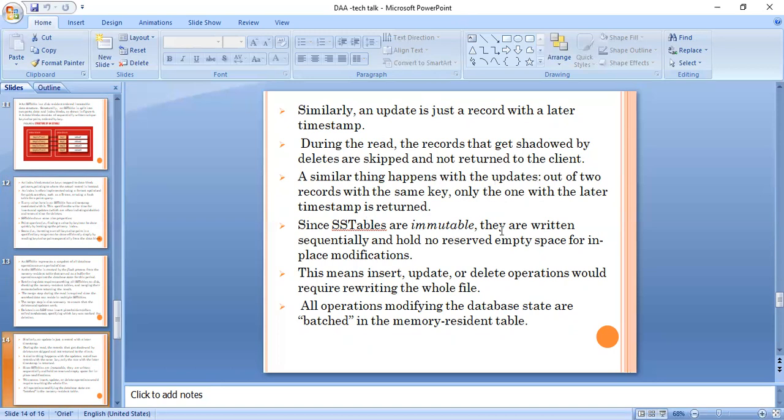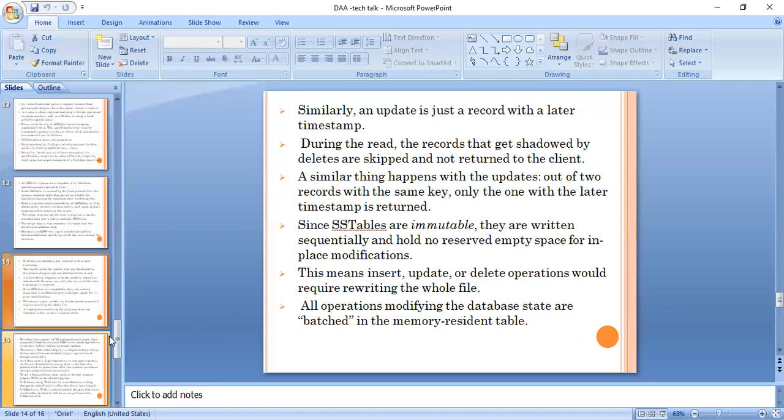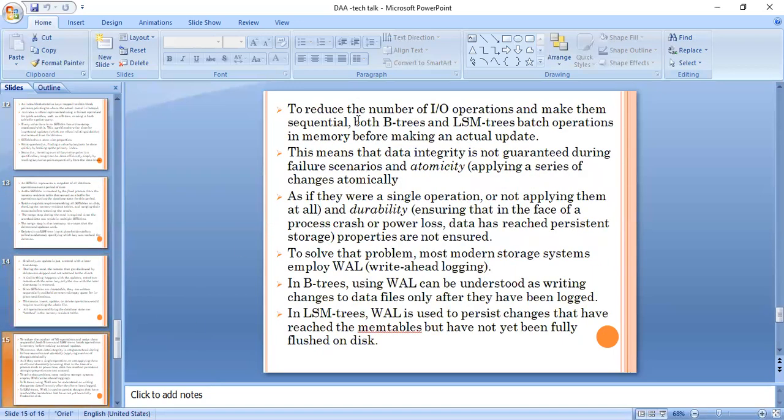Since SS tables are immutable, they are written sequentially and hold no reserved empty space for in-place modifications. This means an insert, update, or delete operation would require rewriting the whole file. All operations modifying the database state are batched in a memory-resident table. To reduce the number of IO operations and make them sequential, both B-trees and LSM trees batch operations in memory before